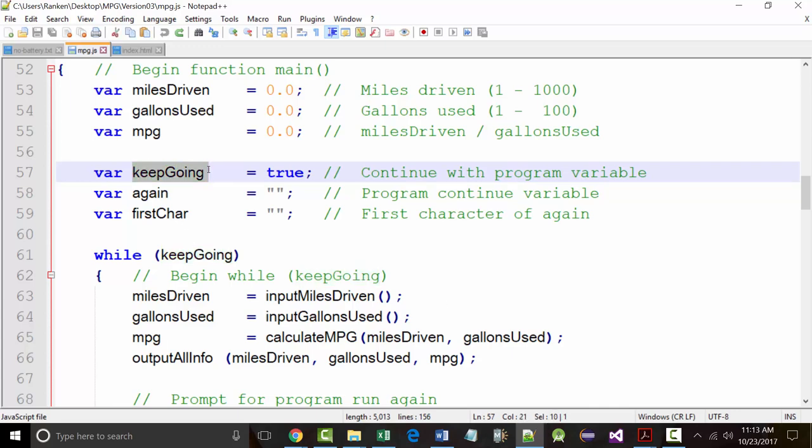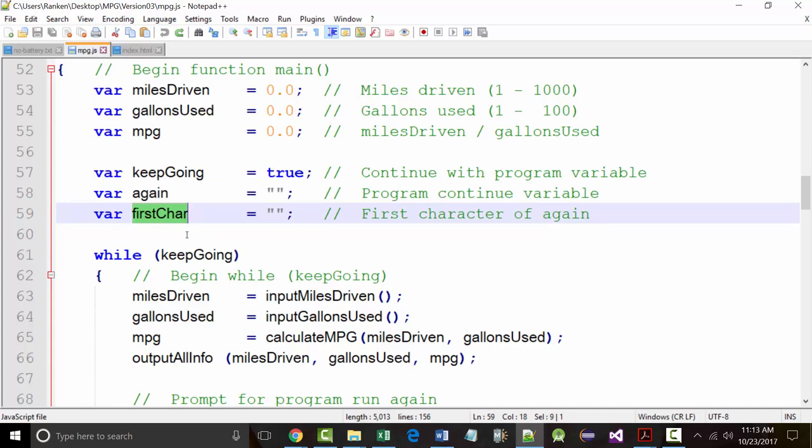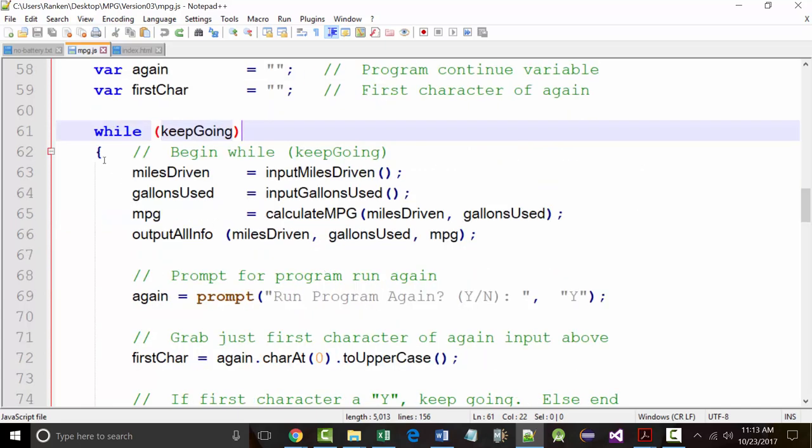This is my program continue variable. This is what I'm going to ask the user, do you want to run the program again? So I called it again. This is the first character that they type in when I ask them if they want to run the program again. All right? So, you'll notice, again,